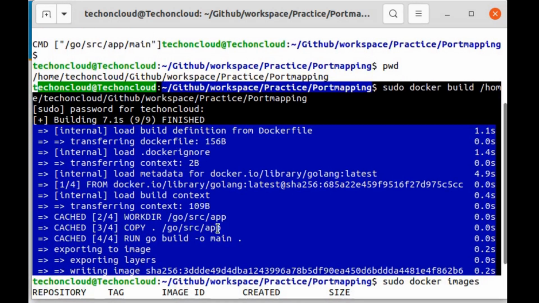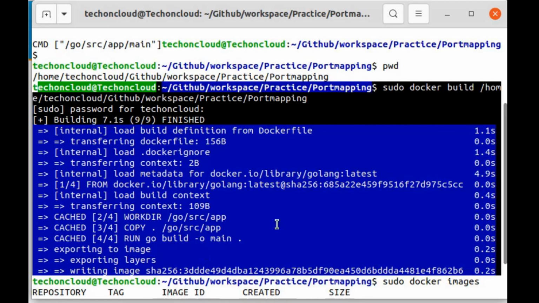Then it copies the code into the Go src app, then it runs the build of main and then exports the image and layers, writing the image in SHA-256 format. Since each layer only stores the changes from the previous layer, it is reflected in the size as well. If you look at the base Golang image,